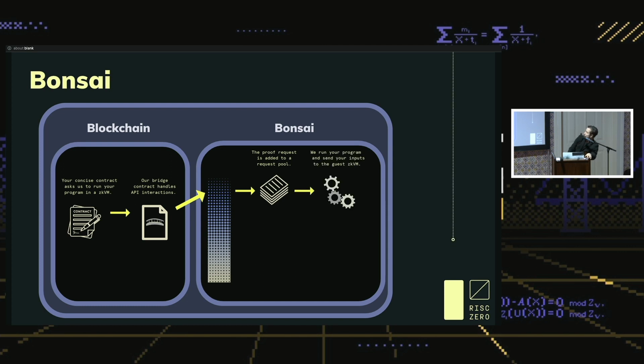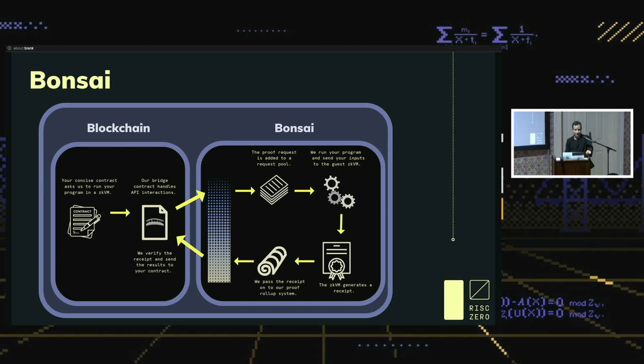We're going to run your program, send those inputs to the guest zkVM, and so just like the example we took a look at, we're now going to be running a guest zkVM program. Just like the example we looked at, the zkVM program is going to generate a receipt, and where this differs is we're going to start passing the receipt on to our proof rollup system, and we'll take care of this for you. And then, at the very end, we're going to verify the receipt and send the results back to